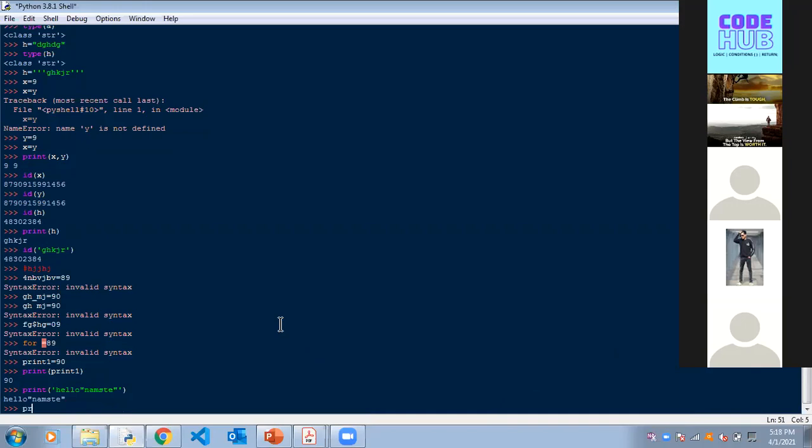Now I want to print the same thing, but I don't want to use double quotes. Python gives me the leverage to use single as well as double as well as triple quotes, but I don't want to use that. I want to use single quotes only. How will I do it? If I use a single quote over here and write namaste, see what will happen. That green color went away. Usually when you write a string in quotes, it is green in the console. The string went away because it thinks hello is already finished.